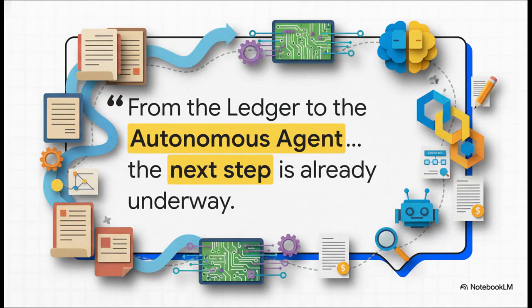So we've gone from physical ledgers to integrated ERPs. The next step, which is already happening, is the move toward autonomous systems, AIs that can negotiate contracts and manage supply chains all on their own. The core principles we've talked about are still the same, but the accountant's role as a designer, an auditor, and a strategic advisor for these systems has never been more important. So the real question for you is, what will you help design next?